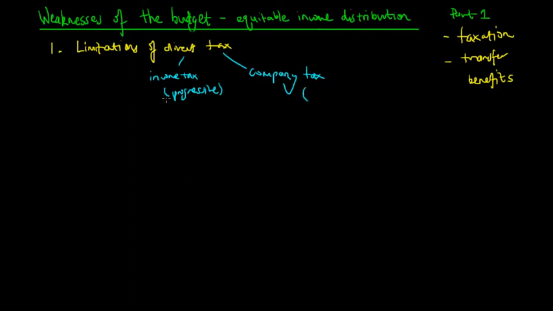So income tax is progressive, company tax is proportional. So it is also called a flat tax. So we're going to look at the limitations of these direct taxes as implemented by the government. Now there are 2 major limitations to direct taxation. So one of these reasons is that over time the steepness